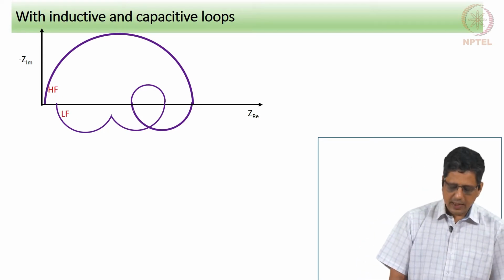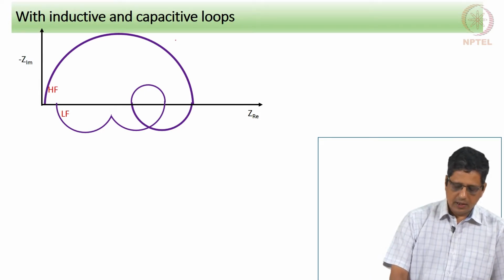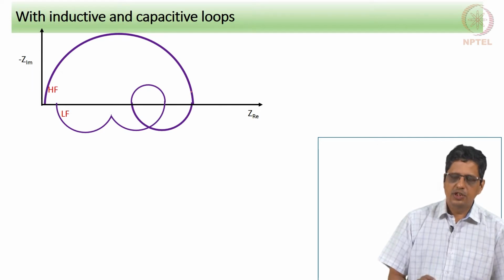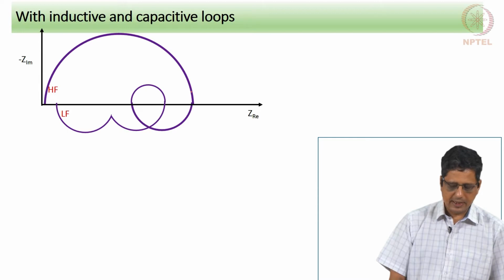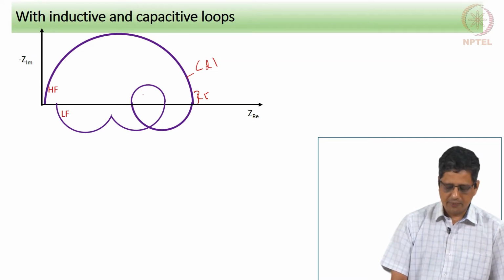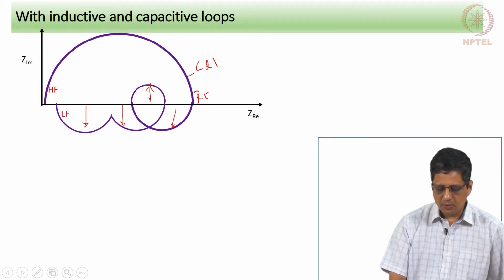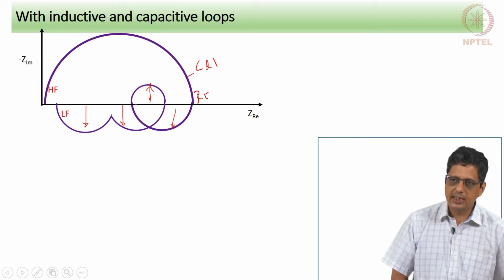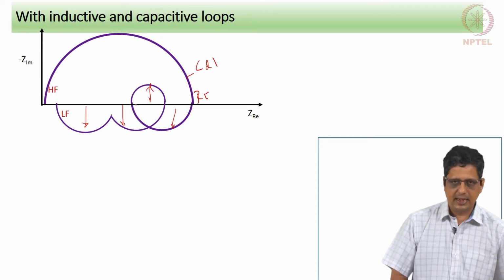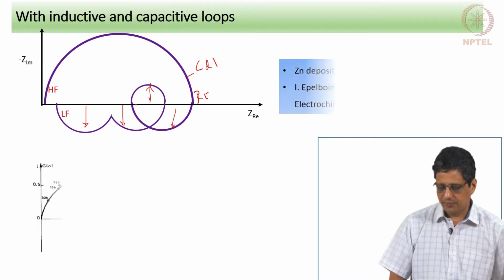So, now this element has 3 inductive loops and 2 capacitive loops. That means, one high frequency capacitive loop can arise from charge transfer resistance and double layer capacitance. So, this we can explain using charge transfer resistance and double layer capacitance, and of course, this offset is for solution resistance. This is one Maxwell element, this is one Maxwell element, this is one Maxwell element, and this is one more Maxwell element. So, I have 4 Maxwell elements, that means 4 intermediates if we are going to explain using mechanistic analysis without any film, without any mass transfer, without any porous electrode structure.